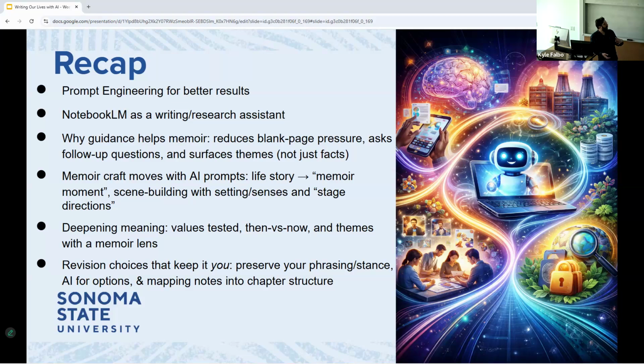So, the memoir craft moves with the AI prompt. As you're sharing, it's adapting to what you're sharing to ask the correct follow-up questions. That's really helpful. If I was to get a memoir writing book, it's going to be static, right? It's going to give me some best practices and what that author thinks is the structured approach and the types of follow-up questions you might have.